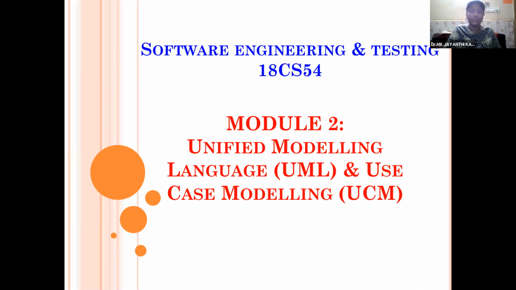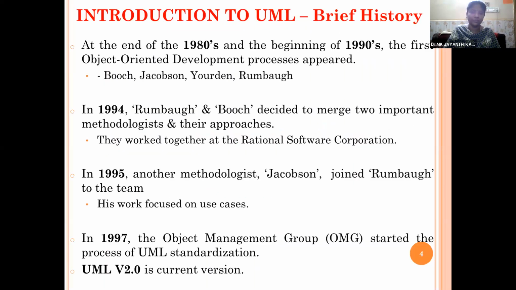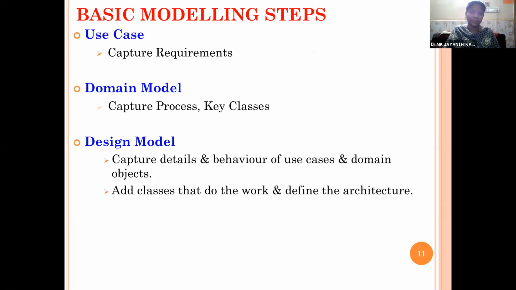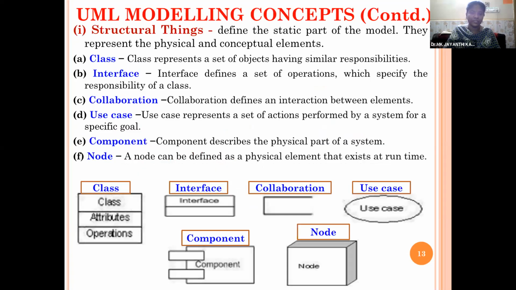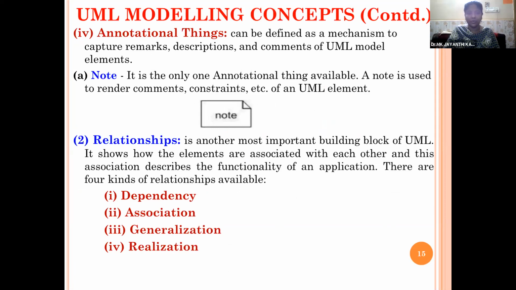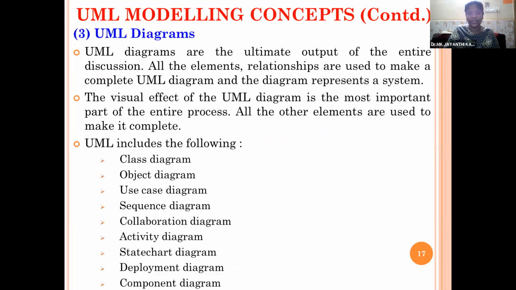So you go through unit 2. That is module 2, the basic concepts of UML, system models and views. Then the modeling concepts, then the diagrams and various components, and UML modeling concepts, then modeling concepts and associations, the diagrams. So the 9 diagrams,